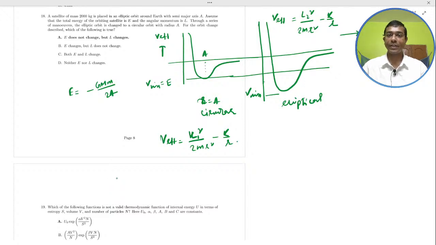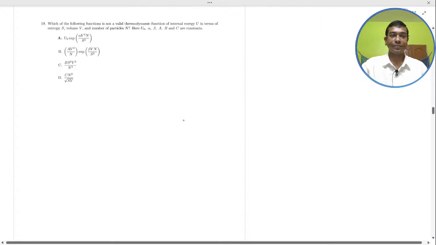This is basically the effective potential versus R. Very important. So E does not change, it is constant, but the orbital angular momentum is changed due to the effective potential energy. Option A is correct. E does not change, but L is changed. Next,